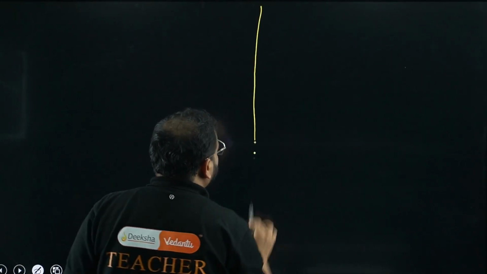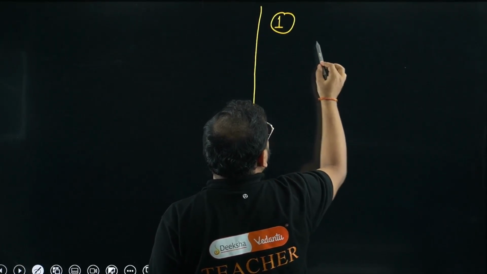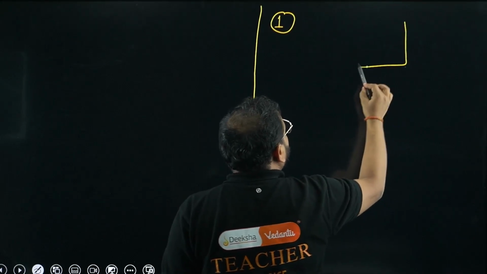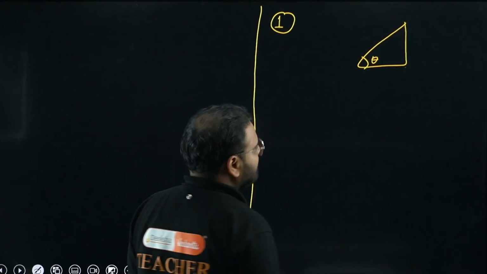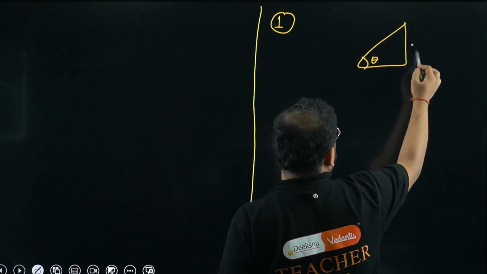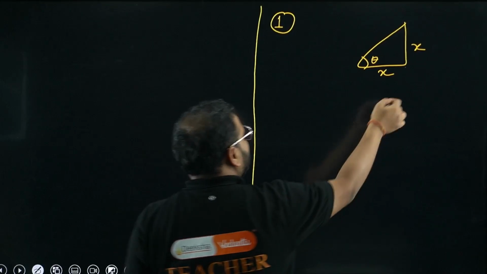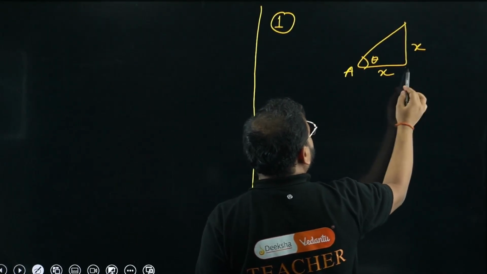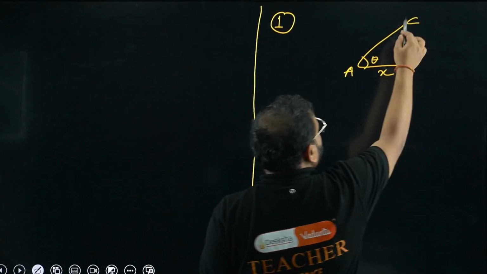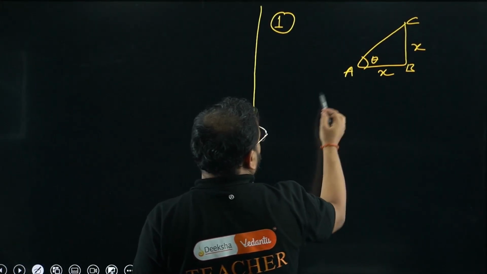Please check part 1 over here. What is given? This is a triangle like this. Okay. So this is the angle of elevation of the sun, for the sunlight. This is x. This is x. They have given the ratio of the length of the rod and the shadow. Correct? This is A. This is B. This is C. Length is what? BC. And shadow is what? AB. Apply tan theta, so